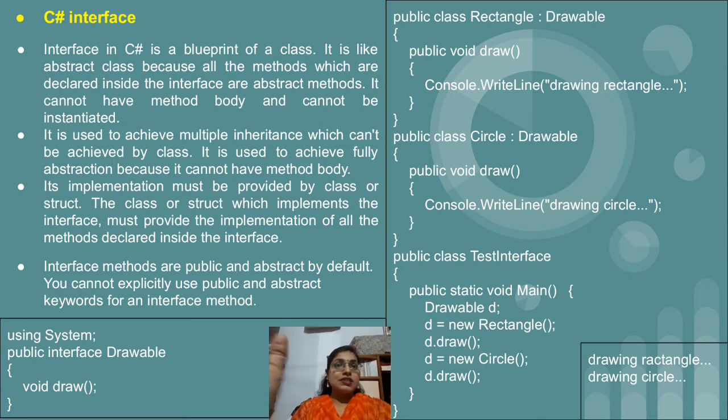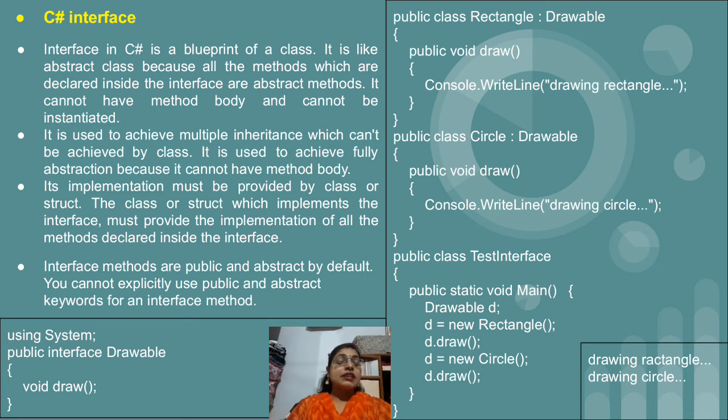So just see the program. We have created one interface Drawable which contains one method draw. Again here is one important point. In the last program, as we have seen, if we want to access an abstract method, then we have to make use of the override keyword. Okay, so now when any class inherits an interface, it is compulsory to define the interface method inside the child class, right?